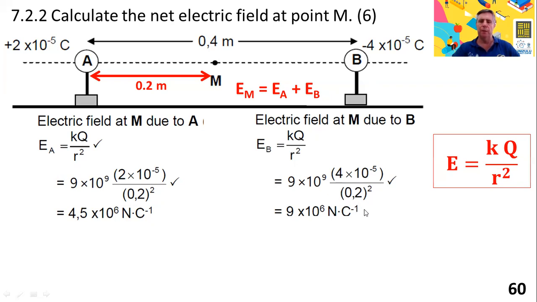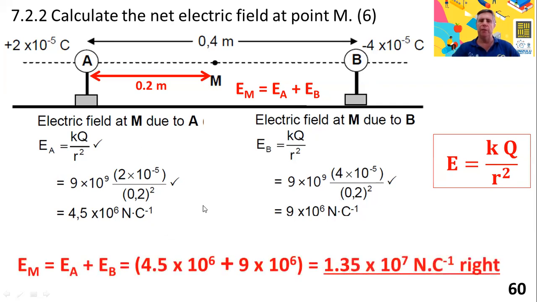Distance is the same, and we get a figure that's exactly double that figure because, of course, this charge is twice as big as that one, ignoring the sign. So we can simply add these because we know that both vectors are to the right. 4.5 plus 9 equals 13.5 times 10 to the 6, or 1.35 times 10 to the 7 newtons per coulomb